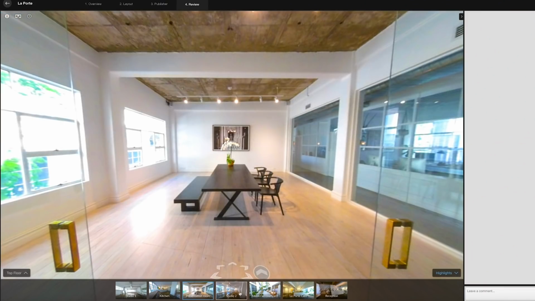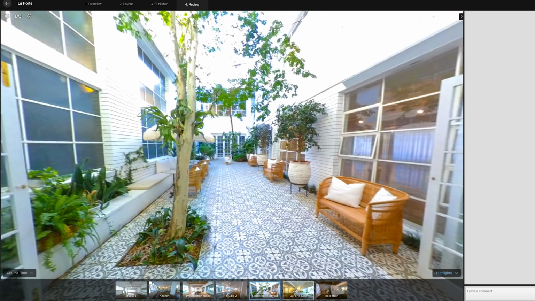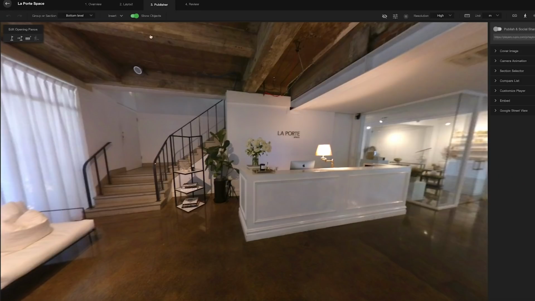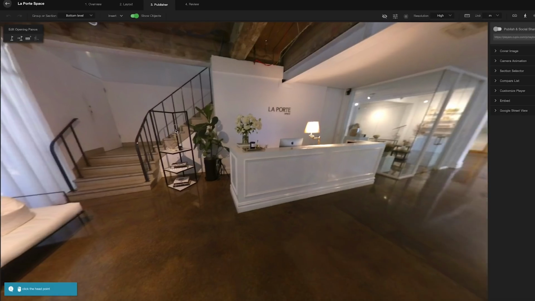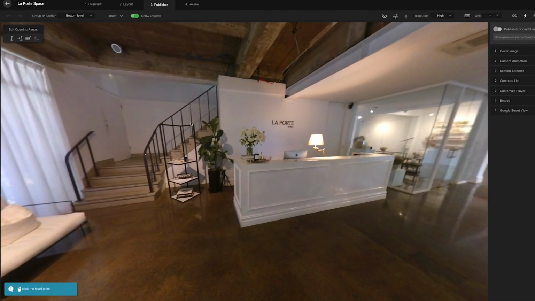So essentially, no matter where people are in the tour, they can click on these highlights and instantly get to these spots. Another way of adding fast navigation points is inserting a hotspot. And you can do that by clicking this box here, going down to hotspot. And now you can choose exactly where you want this to be. So this is going to be an icon that we place on the wall or basically anywhere within your space that will allow people to essentially teleport from one point of your tour to another.